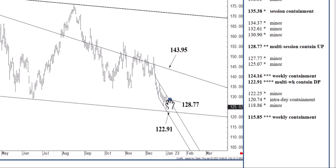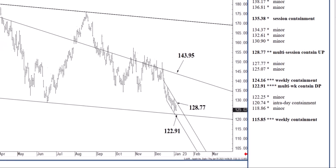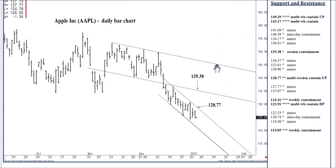But for those of you who love to day trade Apple, and there are plenty of you out there, or swing trade, the 3 to 5 day swing trade, it really is a 122.91 floor, 128.77 ceiling, and this wedge could continue to fill out all the way into later next week. Once again, though, closing above 128.77, 143.95, I think within 2 to 3 weeks. On the way up, we've got 135.38 that I can show right here. This former 3-week channel bottom that we closed below back in the early to middle part of December, it can